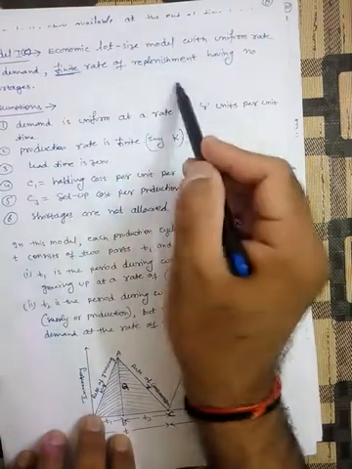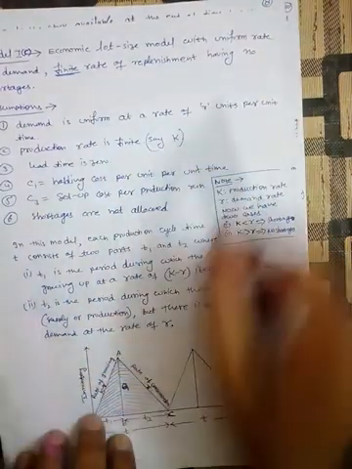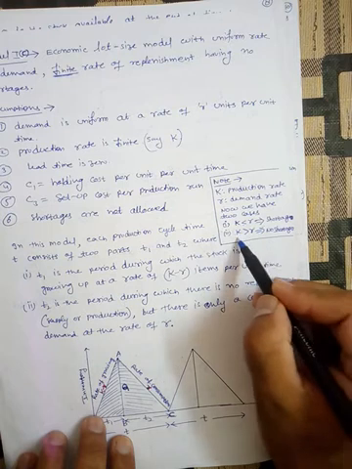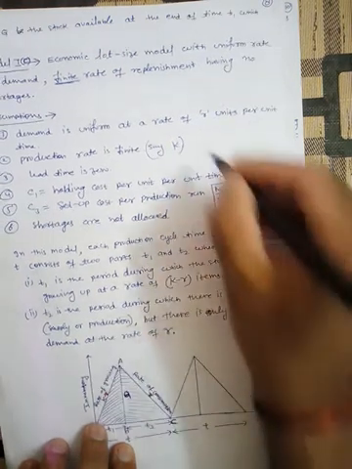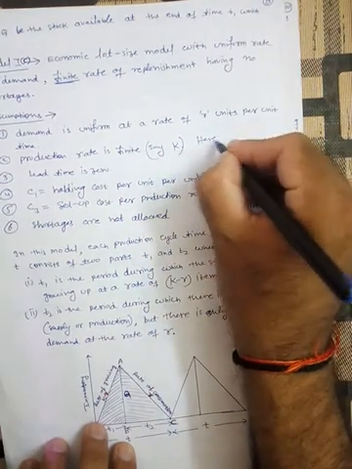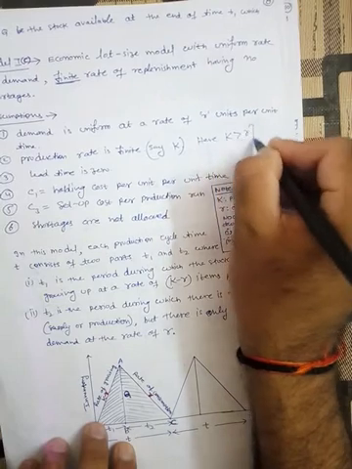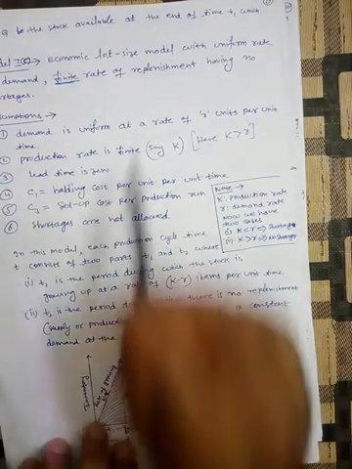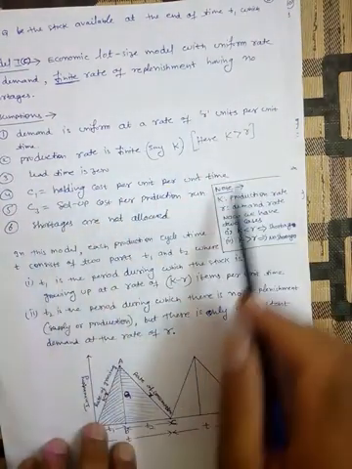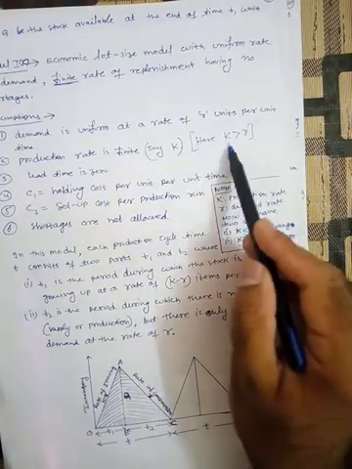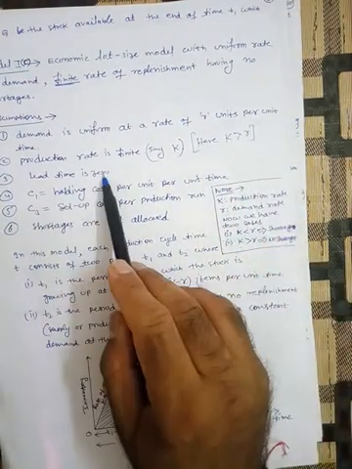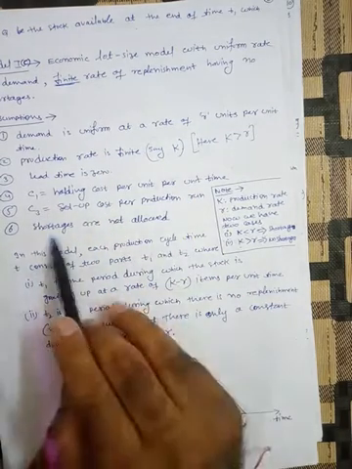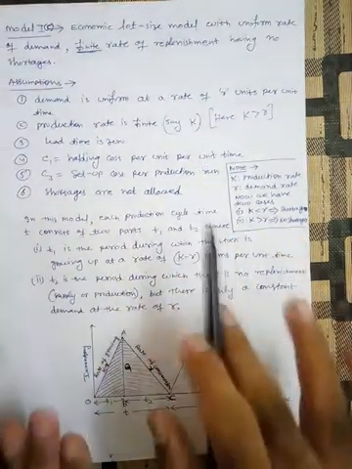And according to our model, shortages are not allowed, so we will not consider K is less than R. That's why we will consider only K is greater than R. So here K is greater than R. Fine. Otherwise shortages will come, which is not allowed here in this model. So we will not consider this. So here K is greater than R. So lead time is 0. C1 is the holding cost, C3 is the setup cost, and shortages are not allowed. So this is the model.